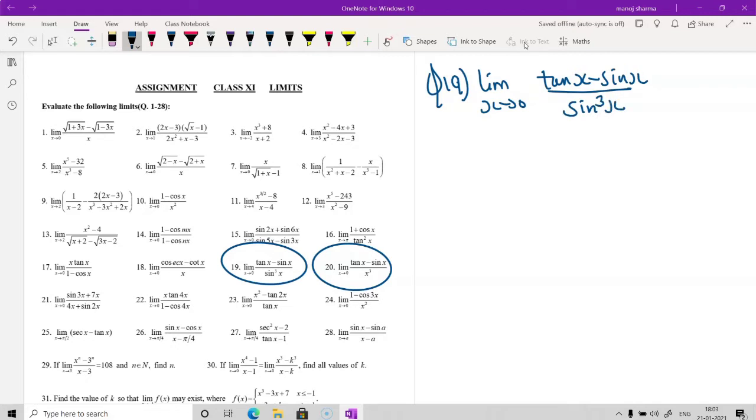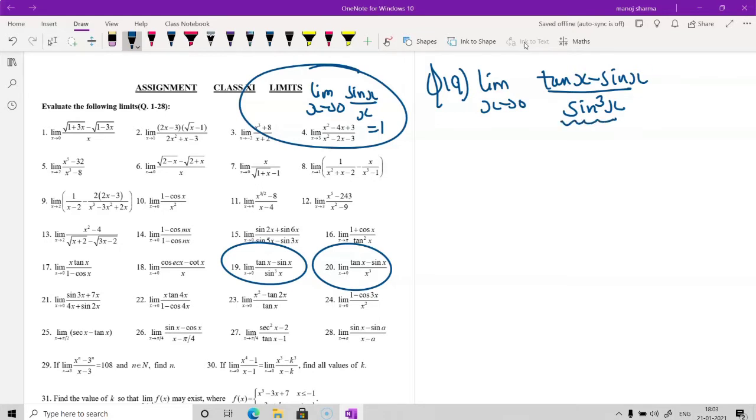Now this gives me a fair idea that this question is a bit different from the other ones. Let's see. Now let me have a preview of my knowledge, that is limit x tends to 0 sin x upon x, which was 1. Now I could see this sine cube x. I can simplify this, seems to be easier, but sine cube x is troubling me. So let's handle this first.